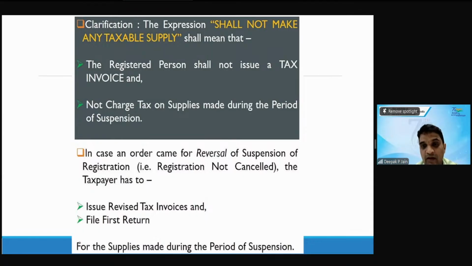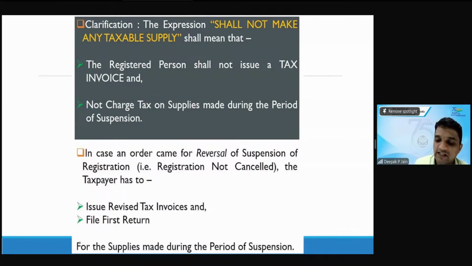ठीक है, कि ऑफिसर ने सस्पेंड किया था लेकिन उसको सफिशिएंट प्रूफ दे दिया कि मेरा तो बिजनेस चल रहा है, यू डोंट हैव टू कैंसिल इट। तो फिर वो क्या करेगा? कैंसिलेशन सस्पेंशन रिवोक कर देगा। रिवोक मतलब खोल देगा, सस्पेंशन उठा देगा। फिर जो भी उस पीरियड में आप सेल्स करोगे उसके लिए आप रिवाइज्ड टैक्स इनवॉइस रेज करोगे, क्योंकि उस वक्त आप टैक्स इनवॉइस नहीं रेज कर सकते हो, आप सिर्फ नॉर्मल इनवॉइस दे सकते हो। करेक्ट, टैक्स इनवॉइस मतलब जिसके ऊपर आप जीएसटी चार्ज करते हो उसे कहते हैं टैक्स इनवॉइस।